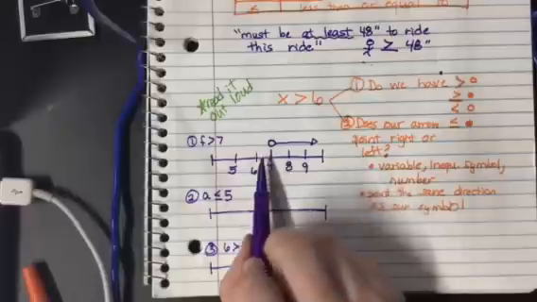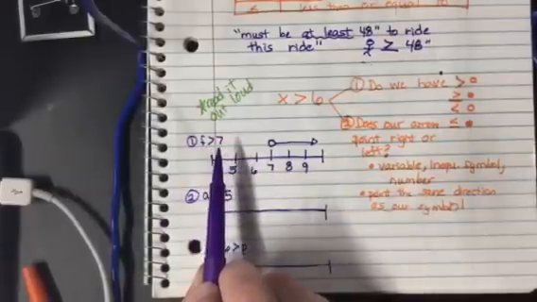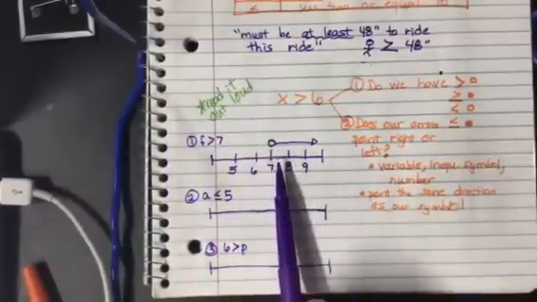Okay? So this graph represents the inequality f is greater than 7. Okay, and that's where my hint comes into play. Read it out loud. If I look at this graph, does that